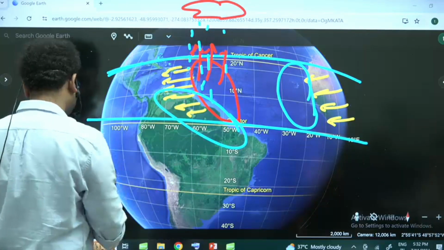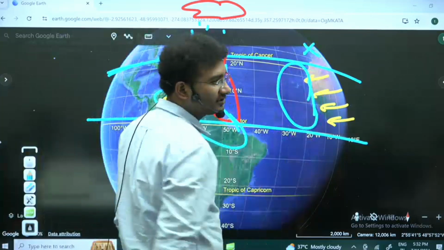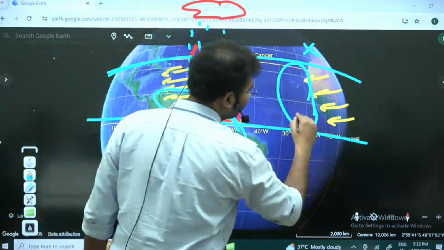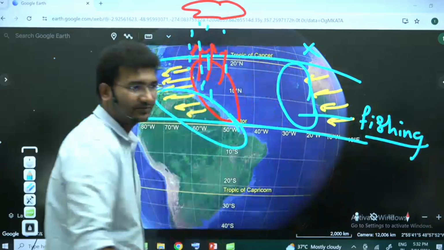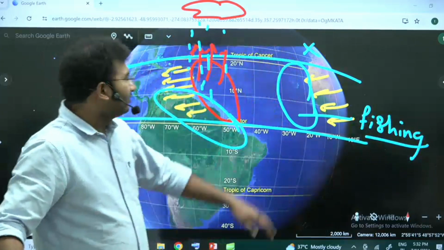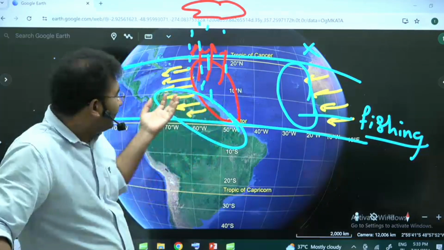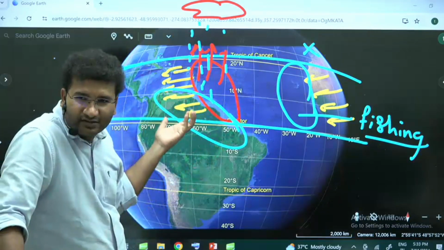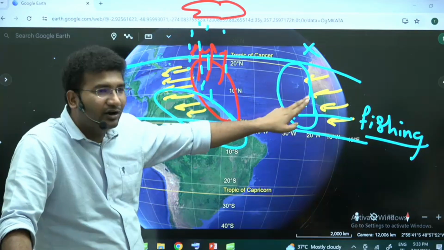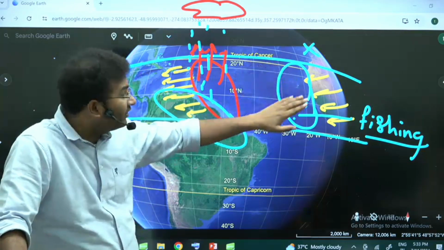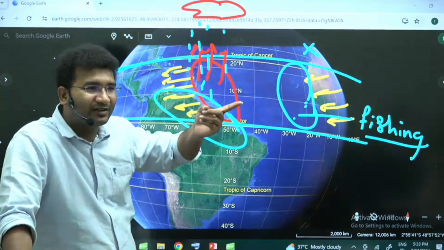That means this part of the area receives very good rainfall. But whereas on the other side, the air is very cold, so there is no evaporation taking place. But is it not leading to the good fishing industry? It is leading to the good fishing industry. Right? So, there is an inverse relationship to the economy. Now here agriculture is very fertile. Agriculture will be good, but here fishing industries will be good. So this economy, the desert bordering economy, wherever you find deserts and next to that you have cold water, the fishing ports will be there.